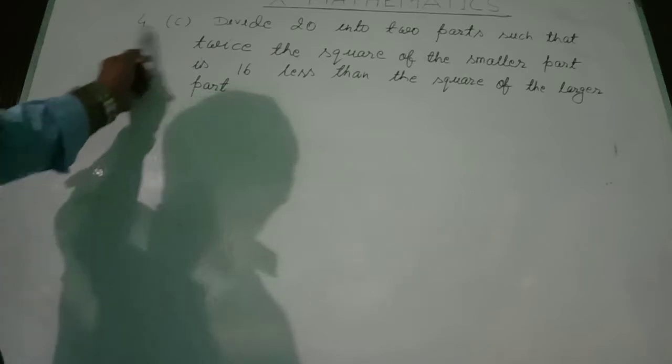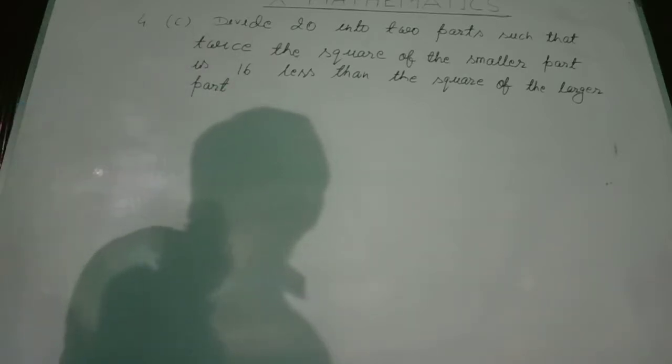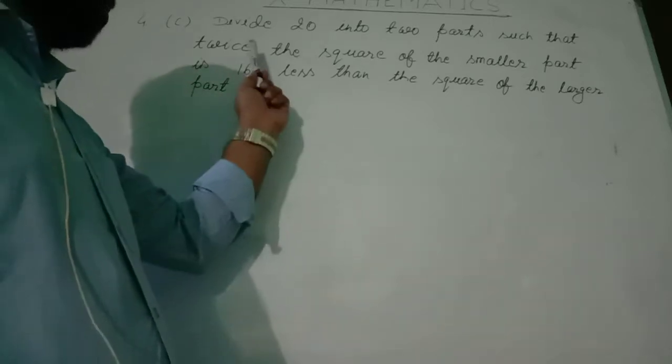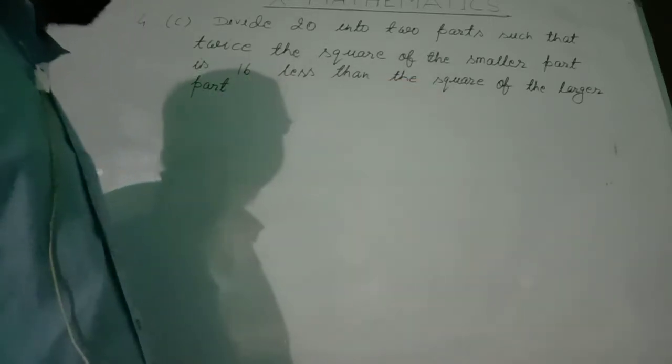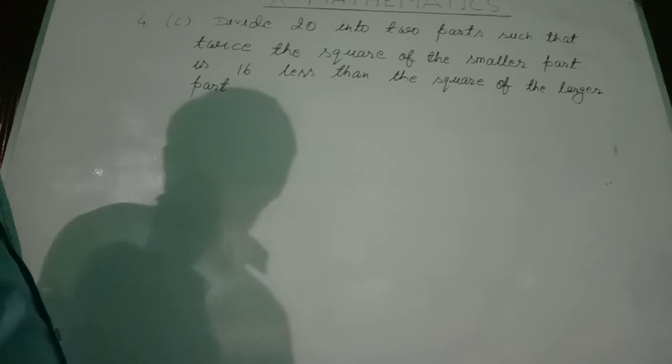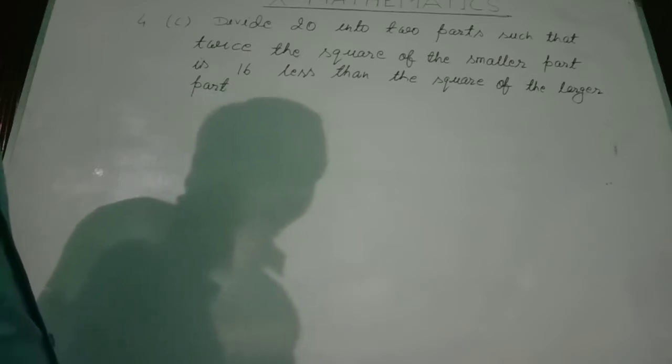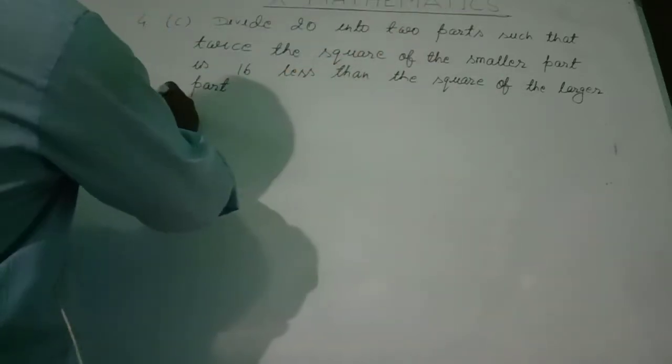In question number 4C, divide 20 into two parts such that twice the square of the smaller part is 16 less than the square of the larger part. So, solution: